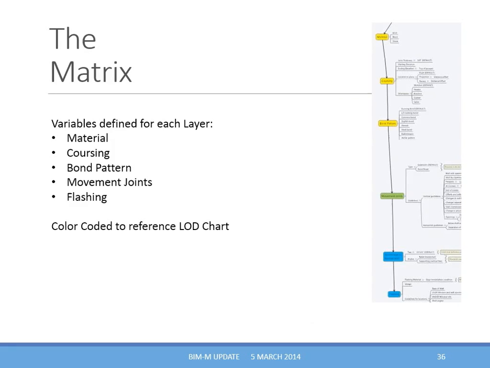And then we would take each of those arms and expand upon that even further to define what some of the variables are. So what you're seeing here on the screen is one of the arms coming off the veneer layer 1. And here we're defining major categories like the material, the coursing, the bond pattern, the movement joints, the flashing, all things that would have to be considered. And for each of those major components, all sorts of other decisions and data would come off of those major categories. Again, I'll just point out the color coding, the yellow, the green, and the blue, because this kind of segues into